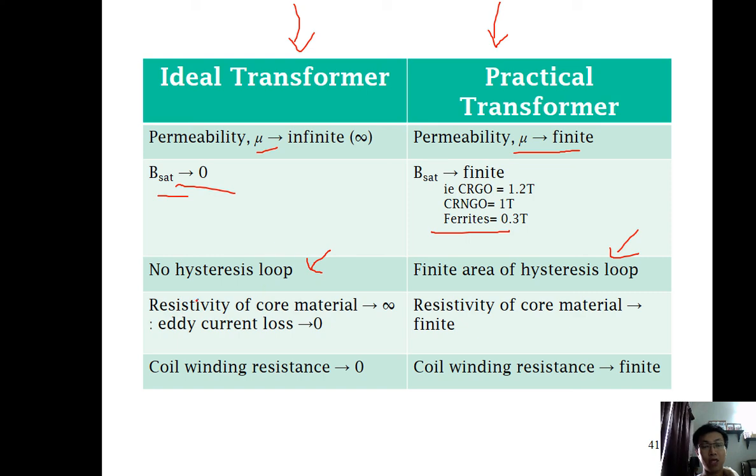For the ideal transformer, the resistivity will become infinity, eddy current will become 0, and coil resistance will be 0. And then for the practical one, we have a resistivity in the core material, and we have a coil winding resistance in the winding. Okay, so